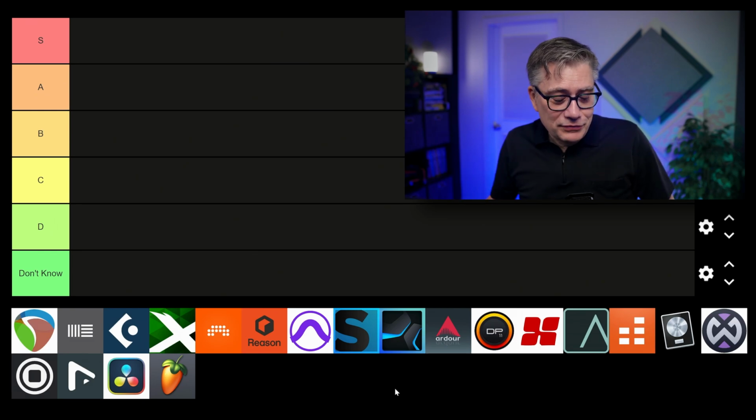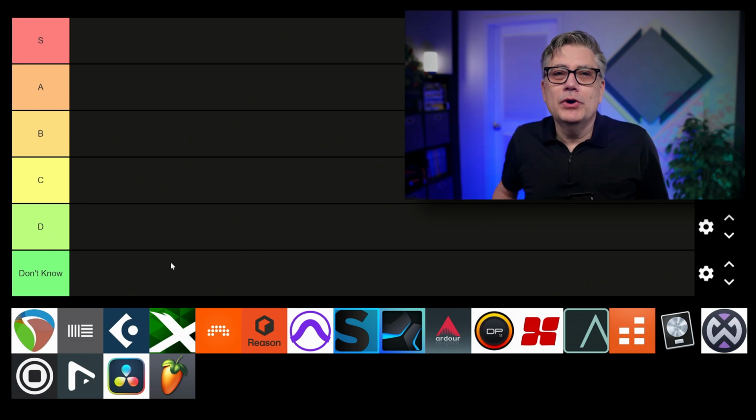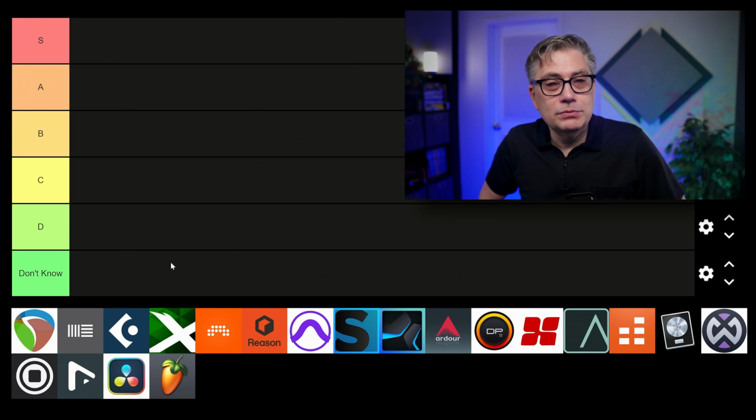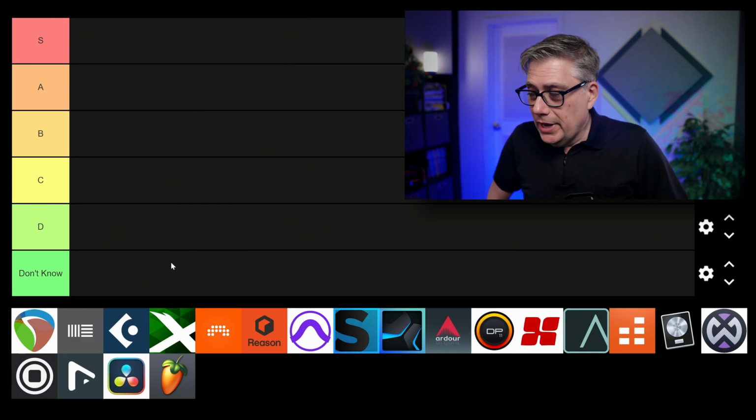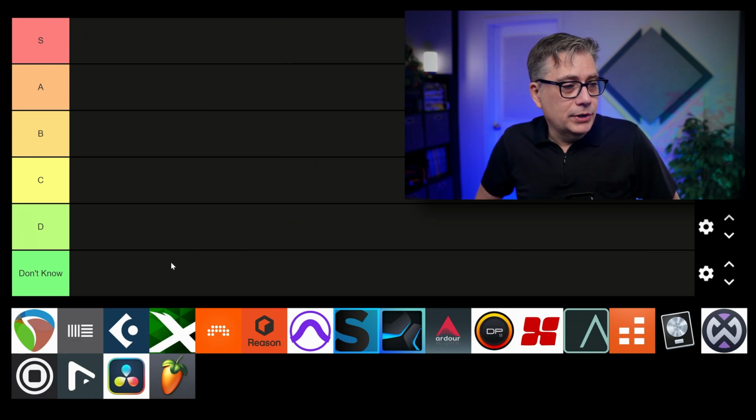Now let's get started. So the first one here is Reaper. Now Reaper is an interesting one because Reaper technically is one of those digital audio workstations that is very well used in the immersive audio space, primarily because of its ability to work with Ambisonics audio and most importantly also its routing capabilities. So it's really good when it comes to having multi-channel audio that you need to route creatively around. So for many immersive audio applications that require lots of channels, this is actually really good.